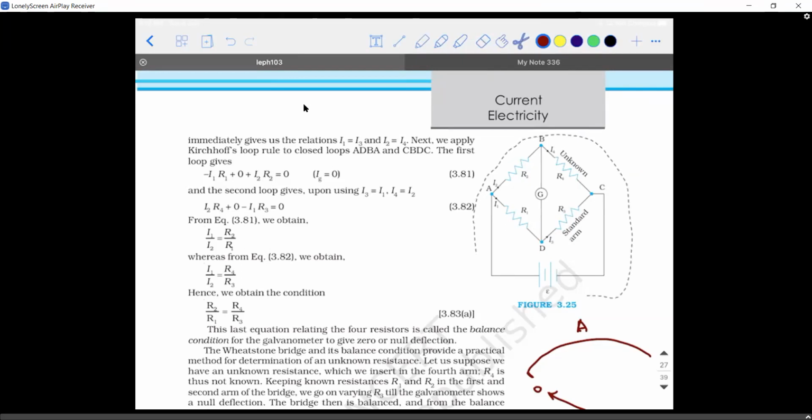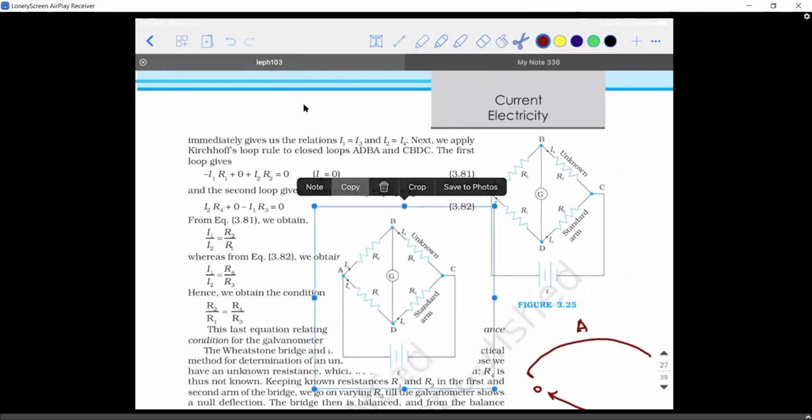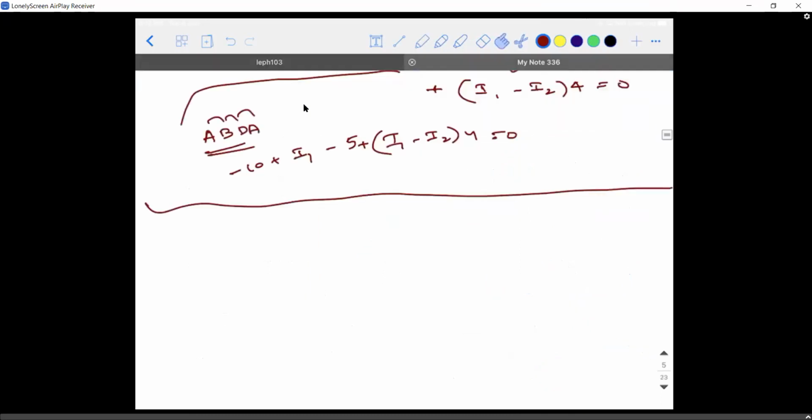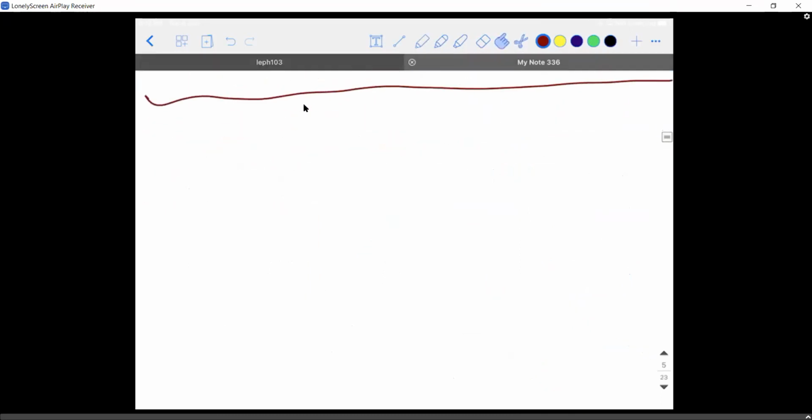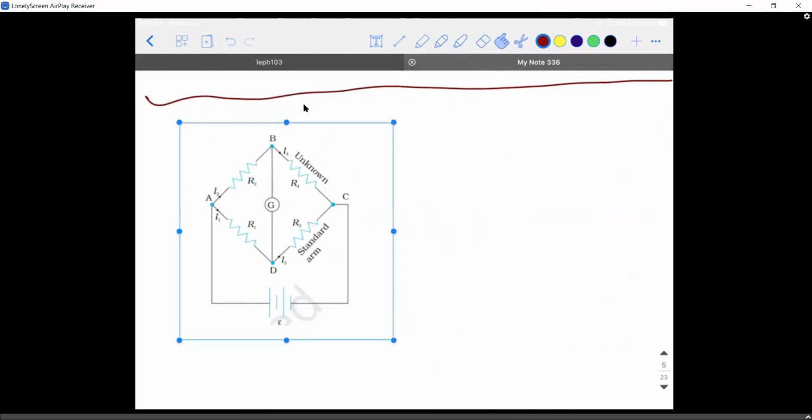But before that, what is it we understood till now? We understood that it works on the principle of Kirchhoff's law. It is an application of Kirchhoff's law. So how is it happening? That's what we are going to see. Okay, so if there is a